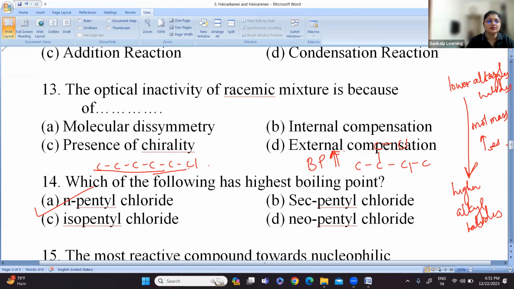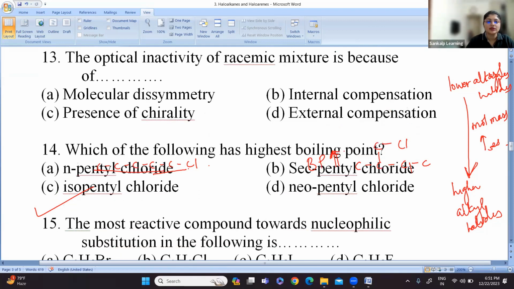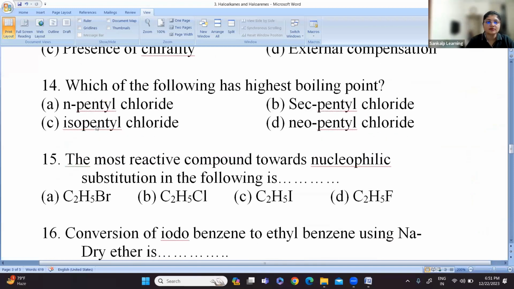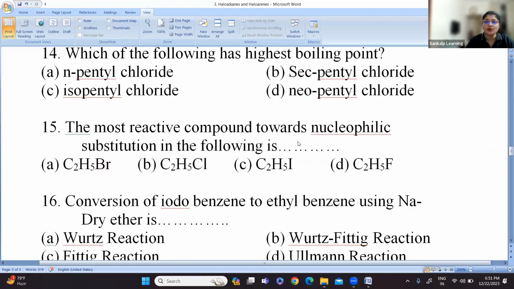So moving further, the most reactive compound towards nucleophilic substitution in the following reaction is,